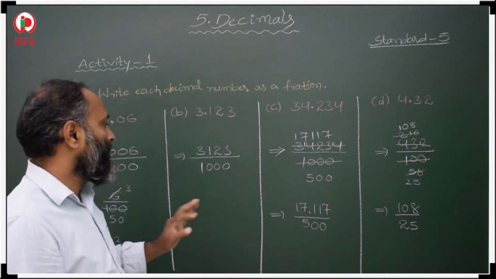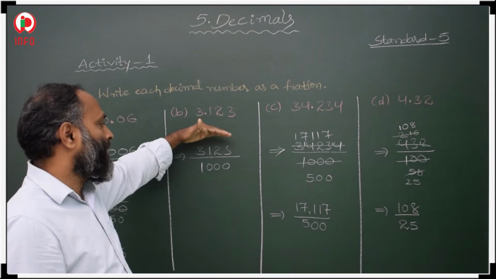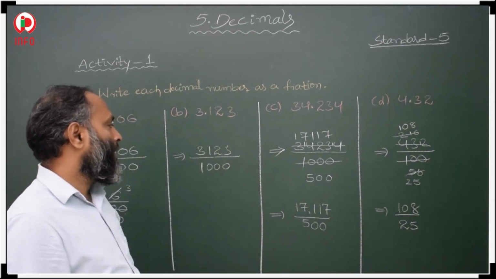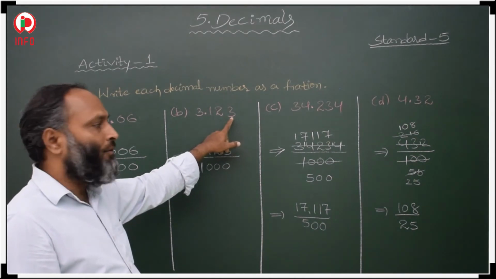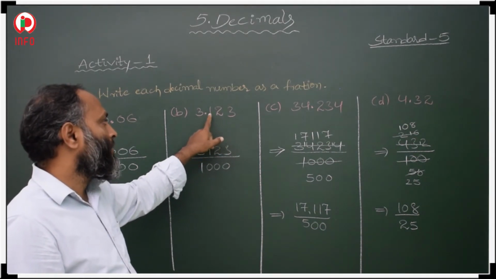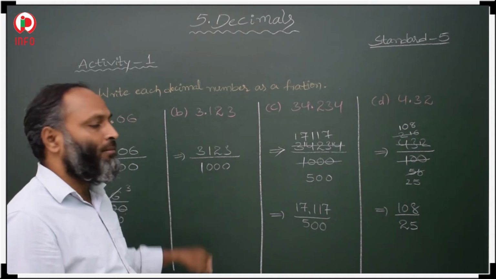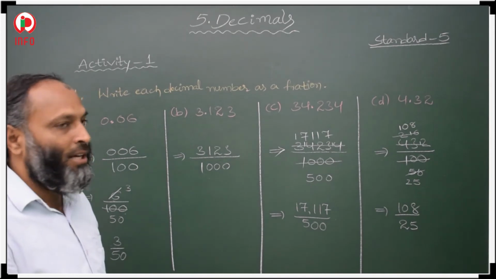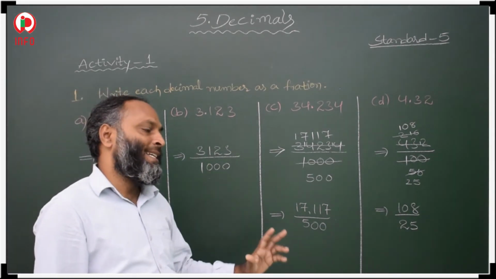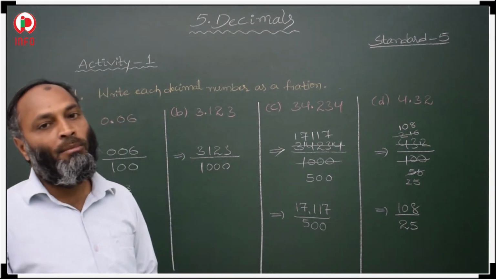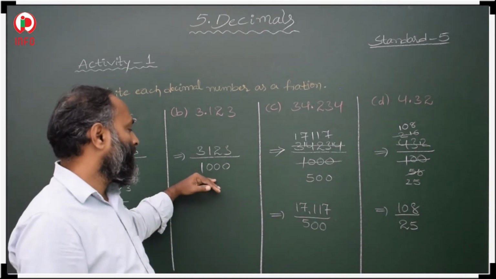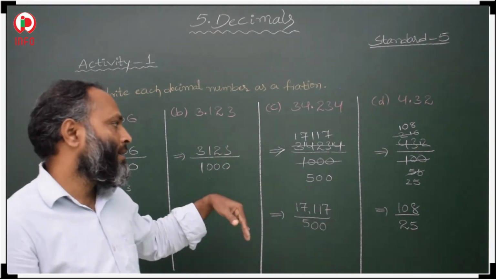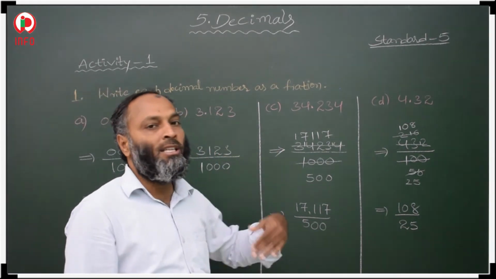So this is the way to convert decimal numbers into fractions. First, a simple method: whatever number is there, we take that number without the decimal and write it here. Then we check after how many digits we have a decimal. 1, 2, 3: 3 zeros and 1. In that way we convert decimal numbers into fractions. If cancellation is possible, cancel and write in simplified form. If you stop before that, it is also correct, but it is better if you know cancellation and write the simplified form.